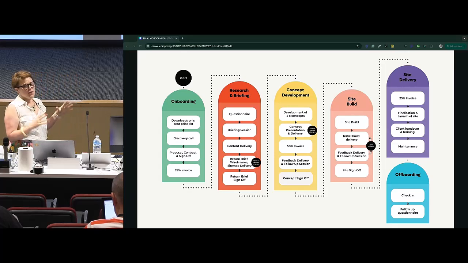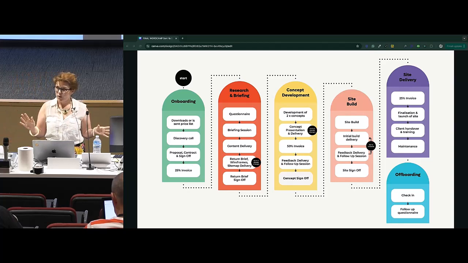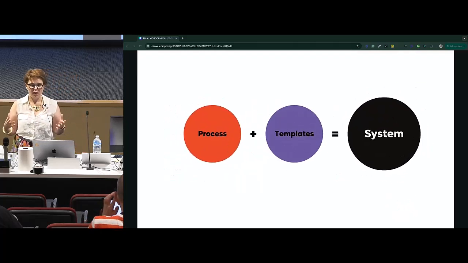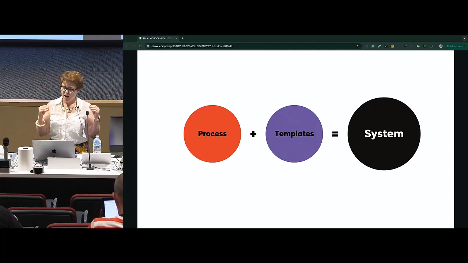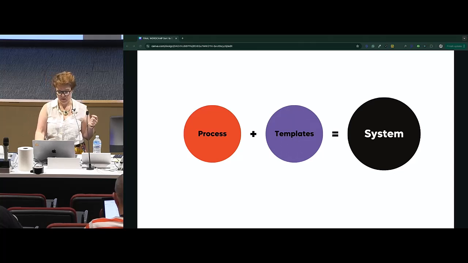Even though I had this great project process in place, I still made mistakes like our friend Jackie did. In fact, I made all the mistakes that we talked about. While I had this process, I didn't actually have a system, and it wasn't until I leveled up my process by starting to create templates for it and building that system out that I really saw the benefits of having a great project process in place.